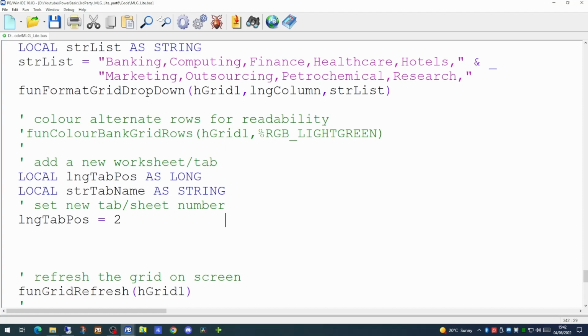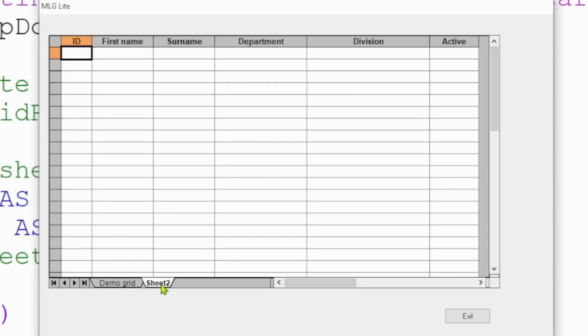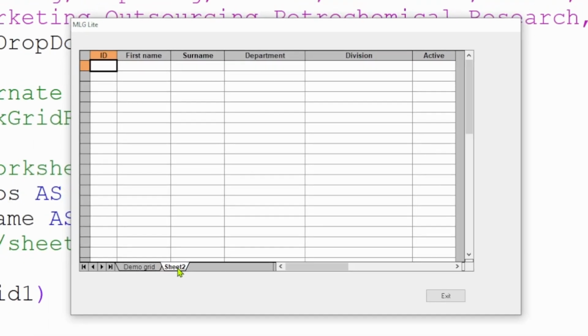To add a tab or worksheet to the grid, I've set up a small macro inside the library to make it really easy. The add sheet macro takes a single parameter, which is the handle to our grid. If we ran our code now, we would see a new sheet has automatically appeared and defaulted to the name of sheet number 2. If we actually click on that, MyLotoGrid triggers an event, which will display the grid as it would display to the user. Since we haven't specified any other details of this particular new worksheet, it's holding the headers from the previous one.